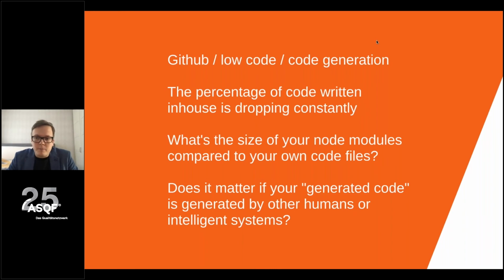And I think this is also pointing in the direction of: does it really matter if this code is generated by humans in the GitHub open source ecosystem or by intelligent systems? This opens up a nice little discussion about what's actually being done in-house and what level of actual code is being generated nowadays, as you are building on top of all of these different systems made by somebody else which you do not control. And of course, we've had a lot of security issues, and we had our own tumbles with this, as we had some dependency confusion attacks going on. The really interesting stuff that's happening in this space is that you're really dependent on a lot of other factors than just your in-house code.